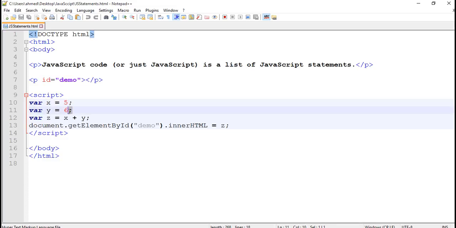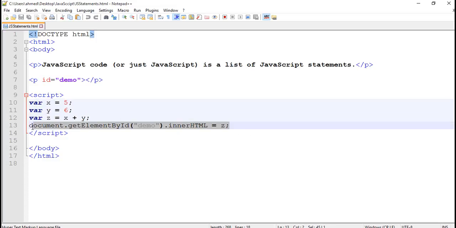Okay, this statement works the same as above. And now this statement is storing the value of x and y after adding both values. So finally the z variable will hold the sum of x and y. So actually these are the statements.